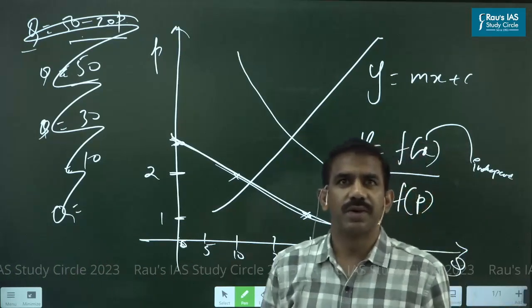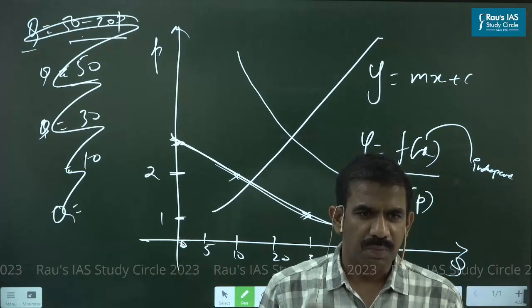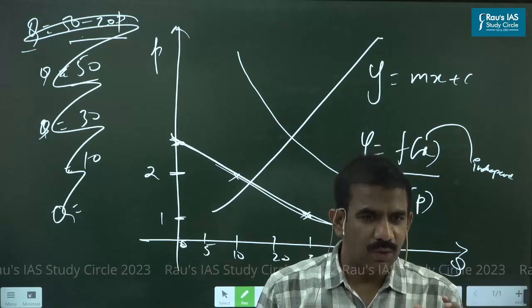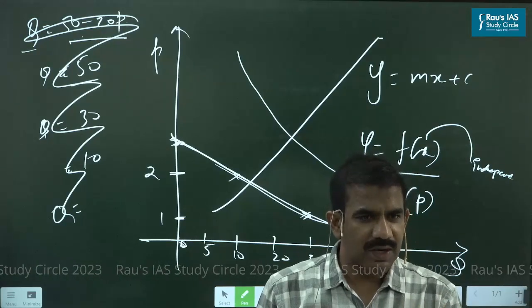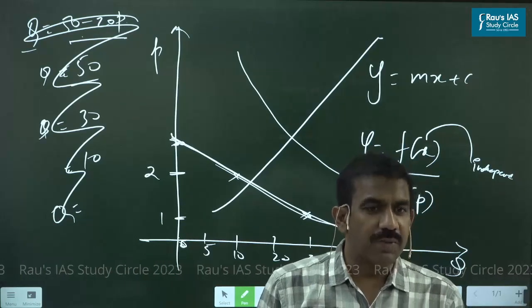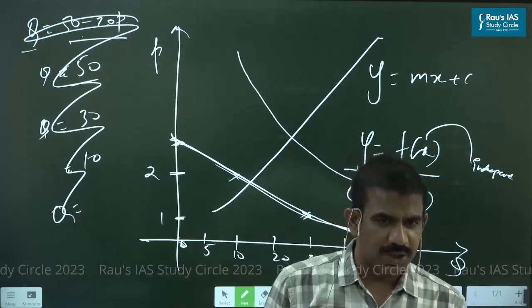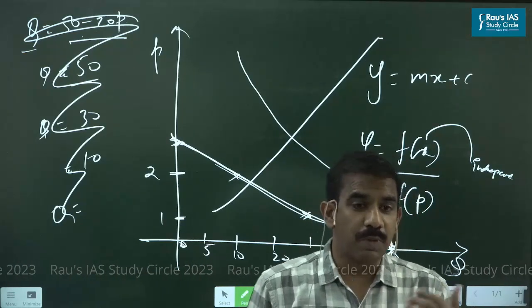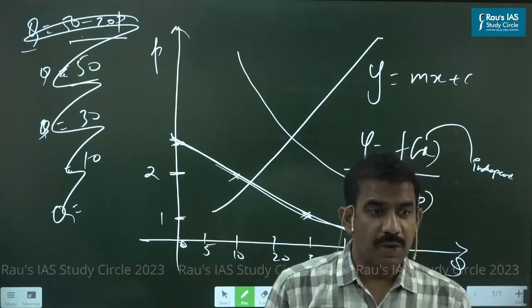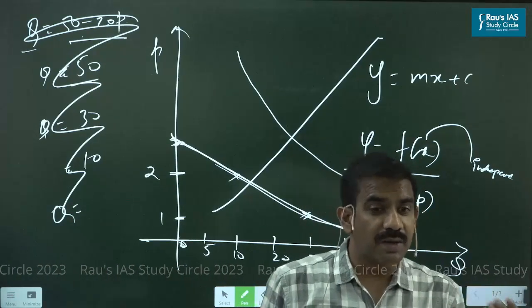Any doubt? Clear? Okay, so have you at least got it? Y equal to f of x means, isn't it? So when x changes, y is changing. When price changes, quantity is changing. When your income changes, your consumption changes. When interest rate changes, the money people borrow changes. Am I right? The money people save changes. That means interest rate is the variable that is deciding the money you invest.